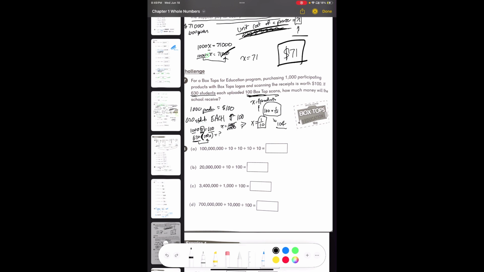So what the school received, you would figure out, is 10 cents or 0.1 if we're looking at decimals. So we're going to put 0.1 in for x here. So 630 times 100 times 0.1 equals blank. 0.1 is just 1 over 10, as we saw earlier. So we do 100 over 10, cancel that out, is 10. So 630 times 10 is 6,300. So when you ask how much money the school will receive,